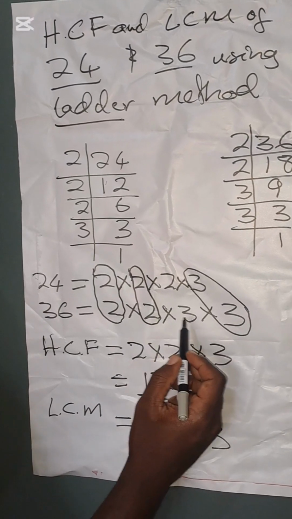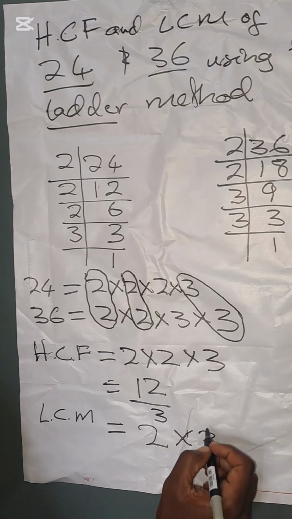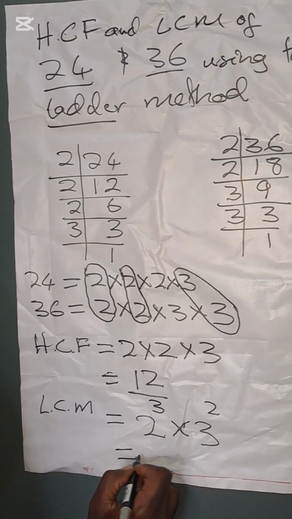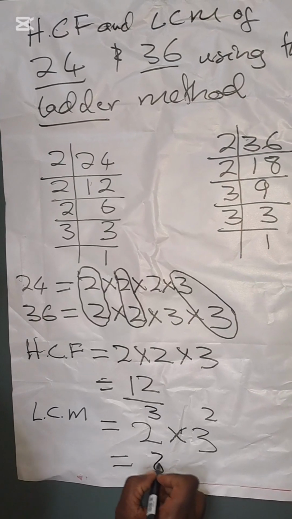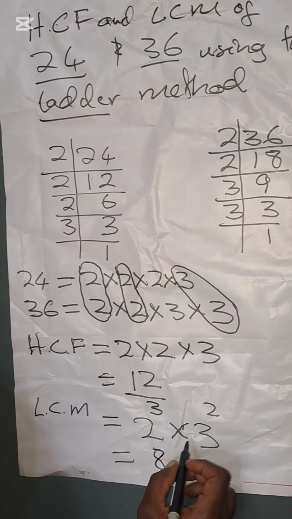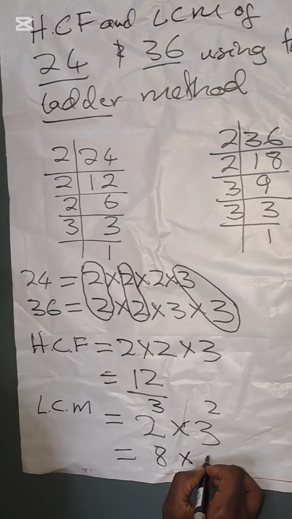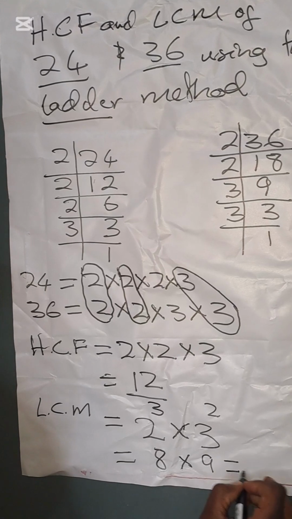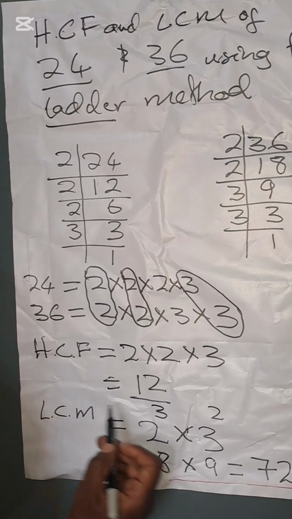And then for 3 on 24 it's just 1. For 36 they are 1, 2. So the highest there is a 2. Hence my lowest common multiple is 8 multiplied by a 9. And this will give us 72. So highest common factor